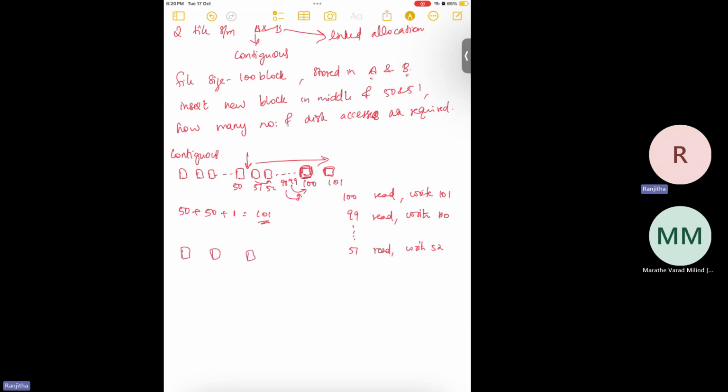Now, in the case of linked allocation, the blocks can be anywhere, right? It's not an issue. We don't need to have them contiguously. Suppose this is 50 and this is 51, 52. This is how the links will be. Suppose this is the new block which wants to be inserted in the middle. So we need to read this,